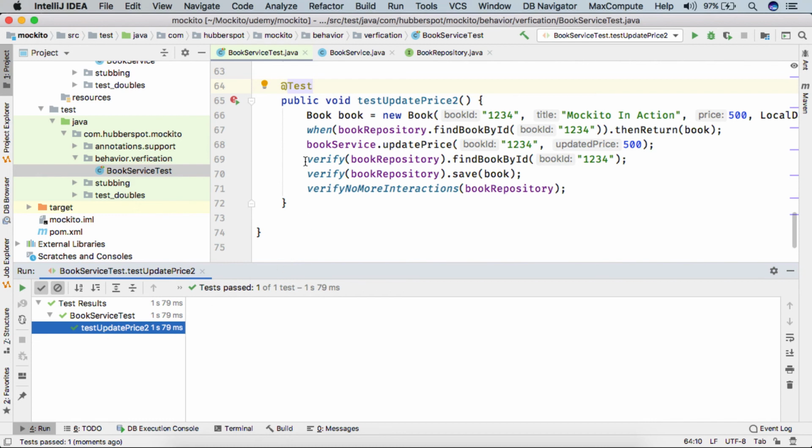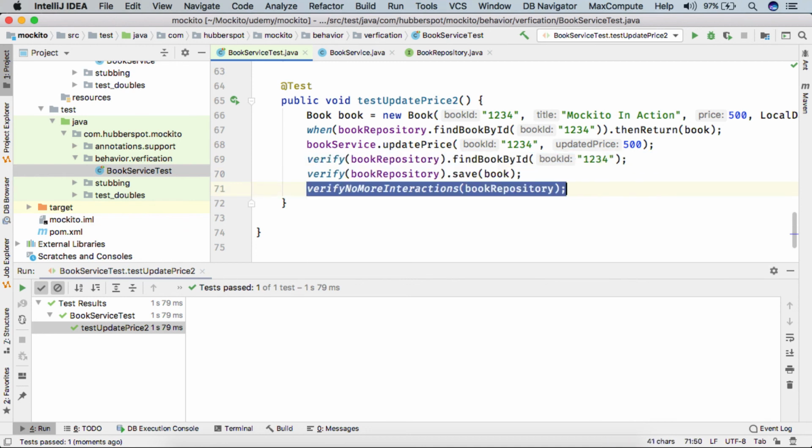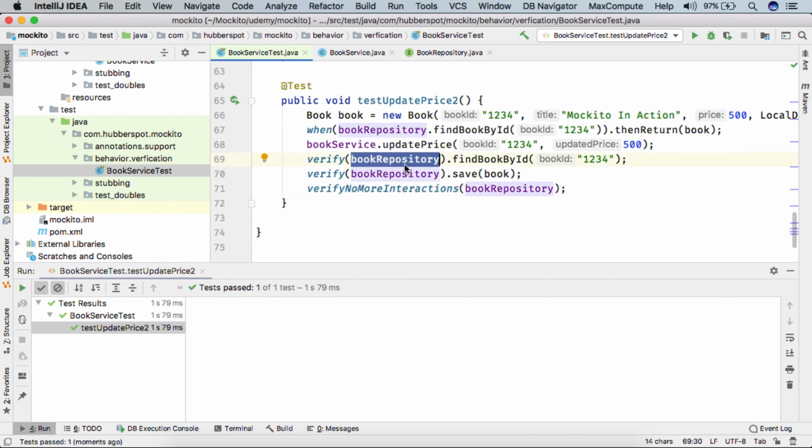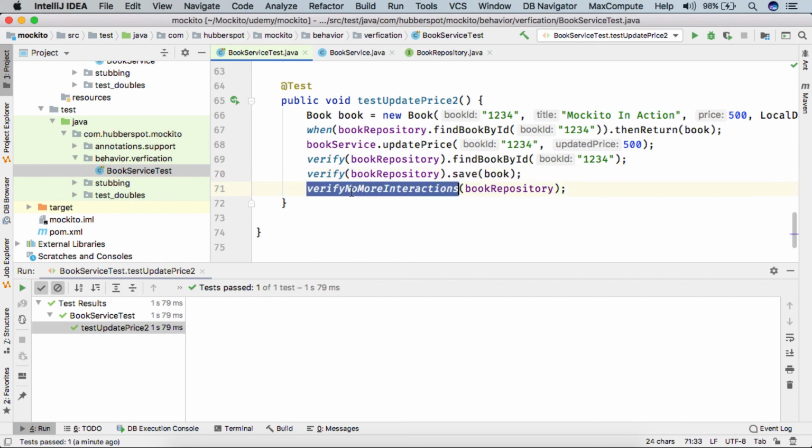Mockito told us that you verified both the call interactions, and after that no more interactions were made on this book repository. So friends, sometimes this method comes very handy when we are not sure whether any other interactions were made with the mock object or not. Ideally, at the start our test case ran successfully, but we couldn't verify whether the save was called or not. So this method comes very handy to verify whether any further interactions were made on the mock object or not.